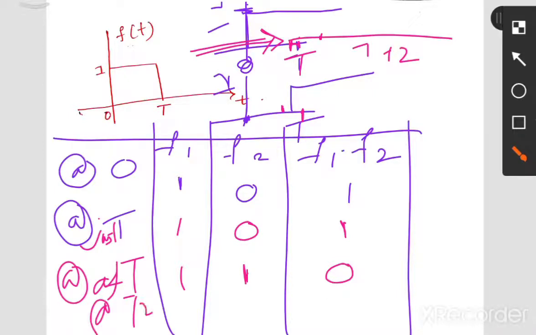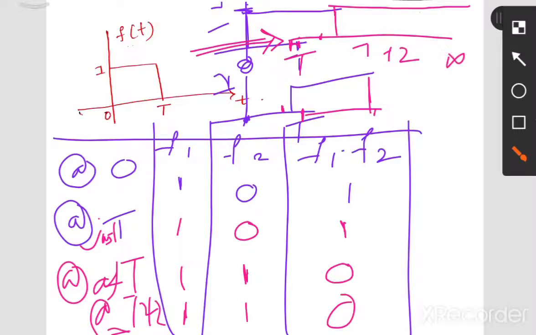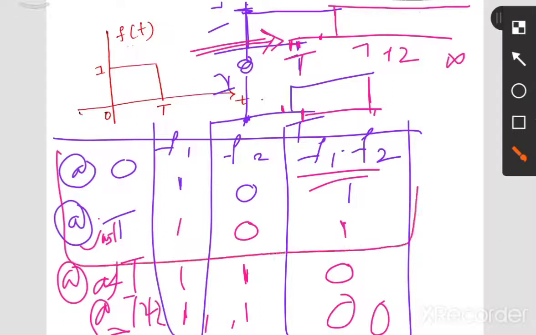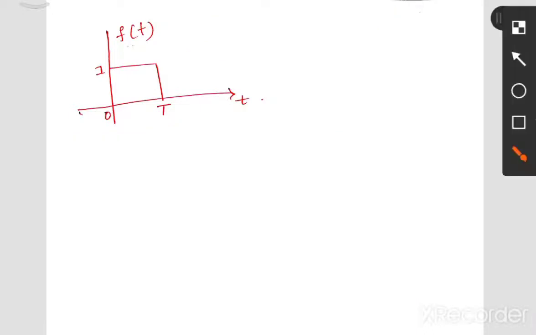Okay, this is t greater than or equal to 0. So in this part you will have a magnitude of A. Everywhere it is A. This remains the same. Okay, so this is a definition. The definition is f of t equal to 0 for t less than 0 and its value is A for t greater than or equal to 0, and this is the signal of the step function.